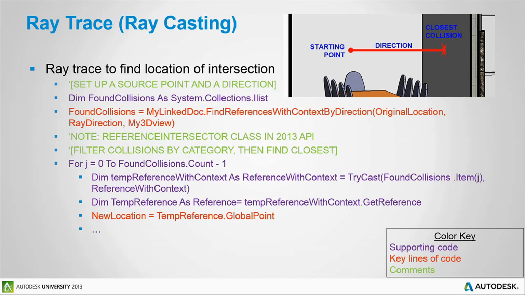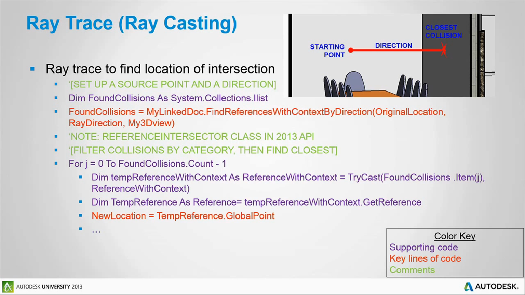And so that's what I've done here: you first have to set up a start point. That start point could be the center of a space. It could be the location of an element you found in a linked model. It's an XYZ coordinate. So I put in the comment there, you're going to have to decide what that starting point is. Then going down to the first red line of code, the find references with context by direction,